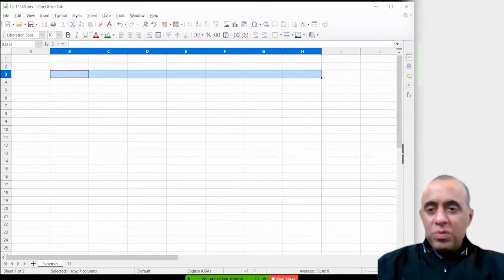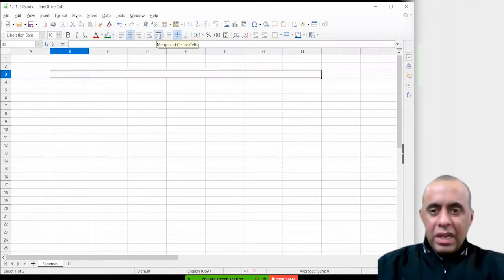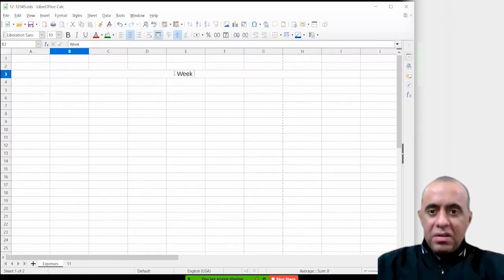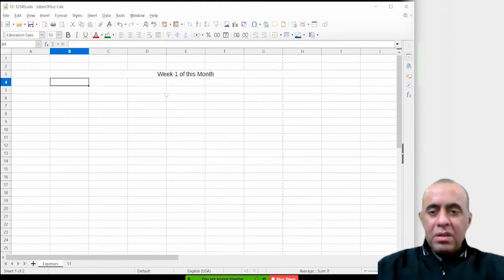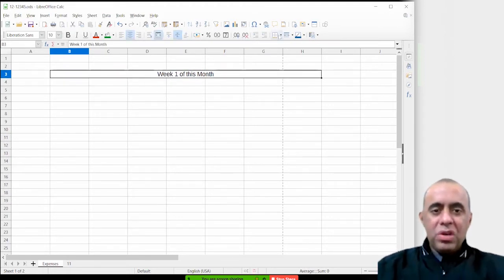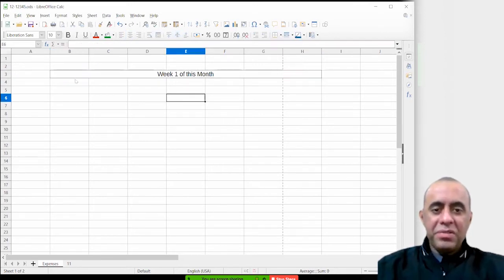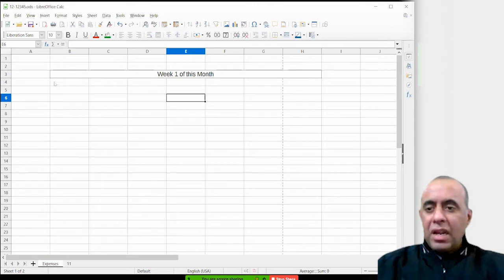So I am going to merge all of these, and I am going to type in week 1 of this month, right? And I'm going to apply all borders on this. You can do this with me. And similarly, on the left hand side, I am going to